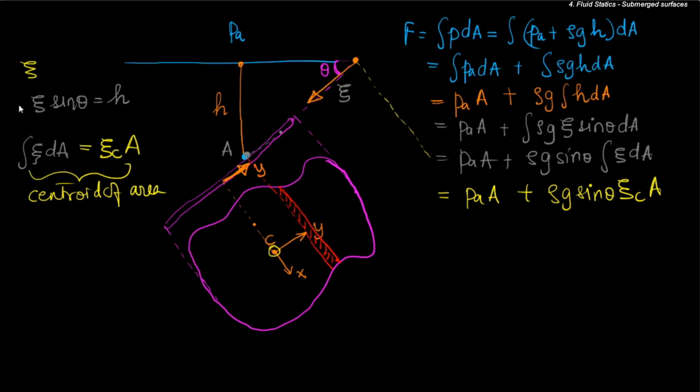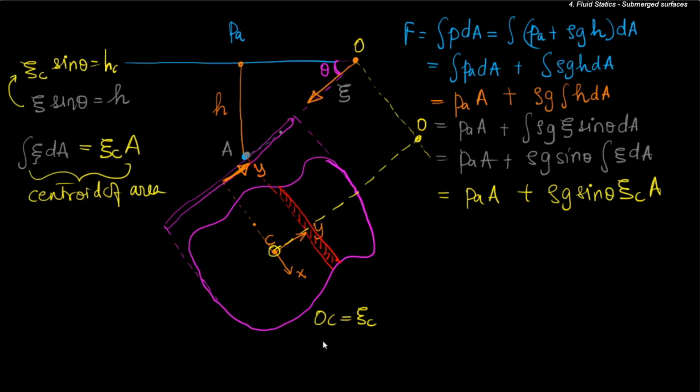That is, using this equation, xi centroid sine theta is equal to h centroid. So if this is the centroid, this particular distance from the free surface, let's call this O. So OC is equal to xi centroid,